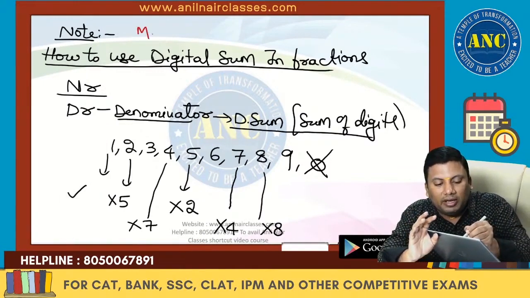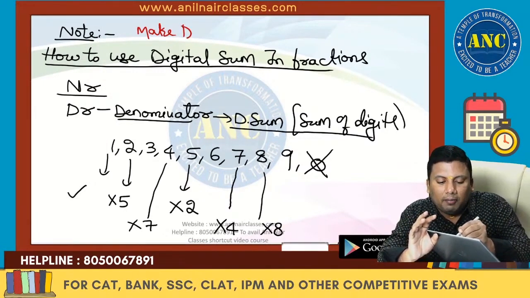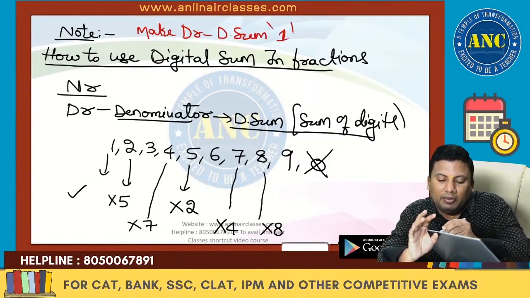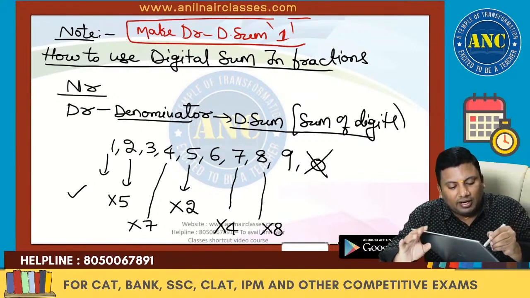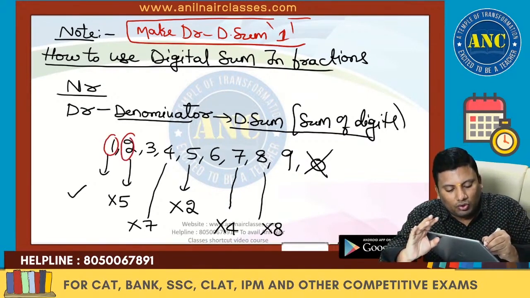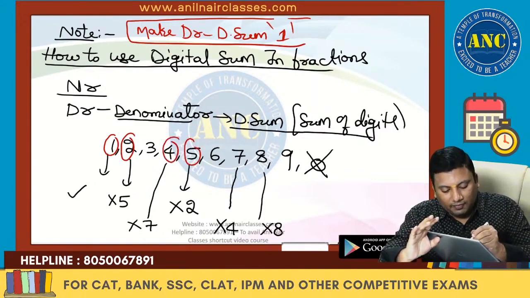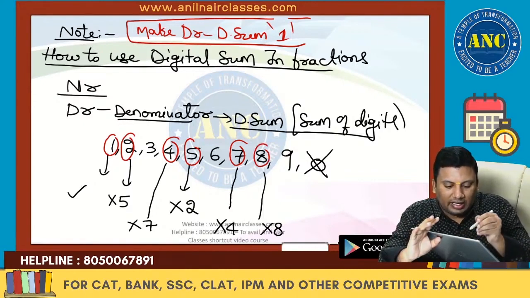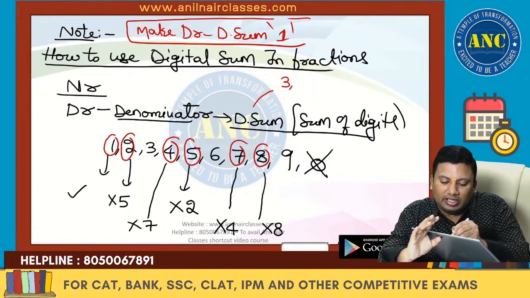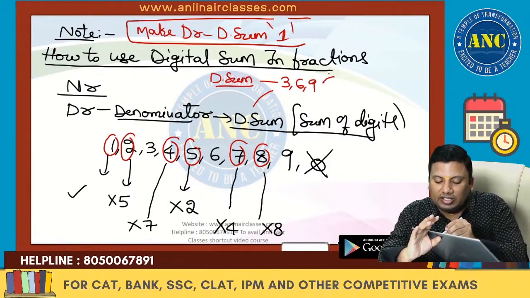Make the denominator digital sum 1. 1 we have taken. 2 over. Write 5 over. 4 over. Next one, 7 over, 8 over. That means if the denominator digital sum is 3, 6 and 9,